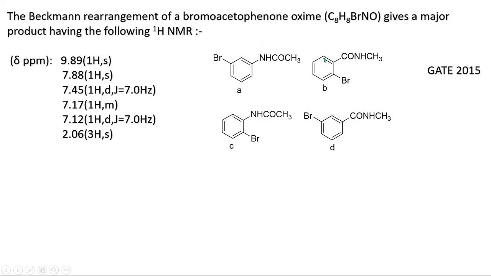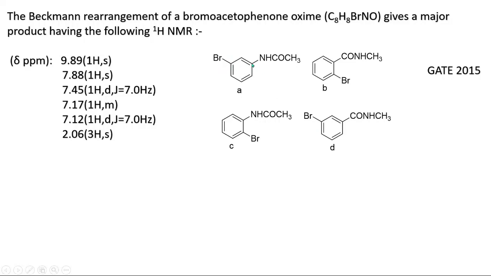If you see this molecule, this will give a doublet, this will give a multiplet, a doublet of doublet, this will also give a doublet of doublet, multiplet, and this will also be a doublet. So this is not the answer because we need singlet, doublet, multiplet, doublet. Similarly, this will not be the answer: doublet, multiplet, multiplet, and doublet. So we have 2 doublets and 2 multiplets, which does not match these chemical shift values. And similarly for D, we have singlet, doublet, doublet, multiplet. This is also applicable. Now how to differentiate these 2 molecules?